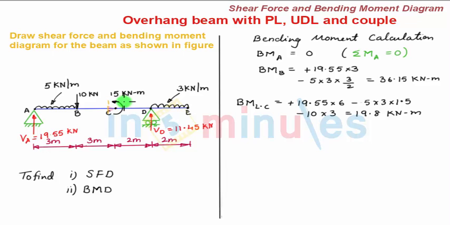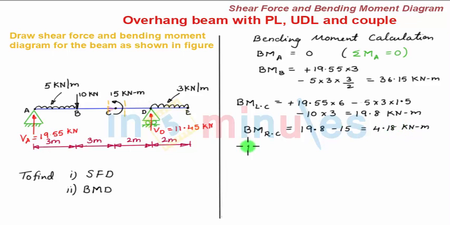Next we take a section towards right of C and very near to it. So bending moment towards right of C. Now since we see that these two sections are very near and the only addition of moment between these two sections is the anti-clockwise moment of 15 kilonewton meter. So I have 19.8 kilonewton meter of previous bending moment minus 15 kilonewton meter. The value comes out to be 4.18 kilonewton meter.